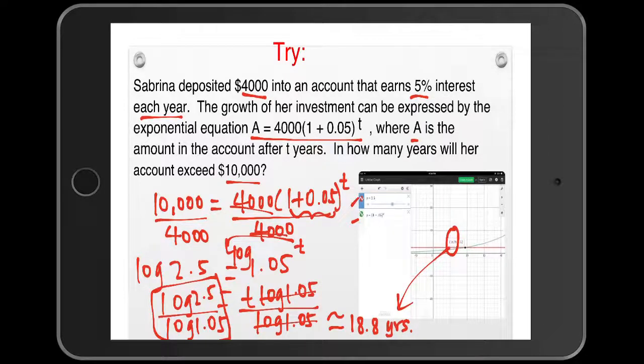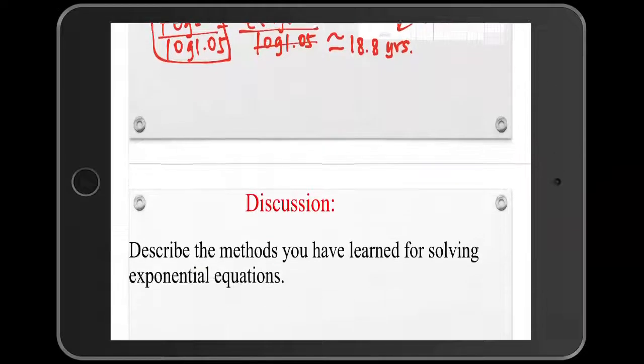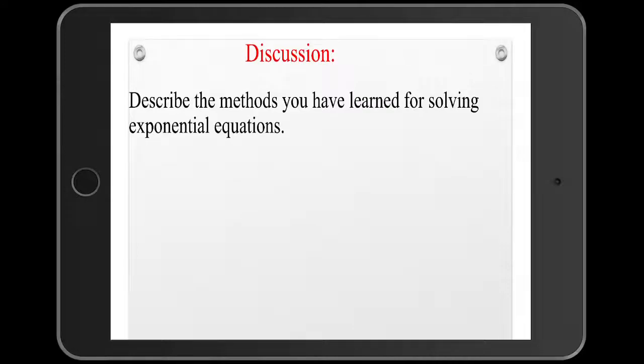So that is another way to solve it. And that's the end of the second problem. And let's take a look at the discussion problem. Describe the methods you have learned for solving exponential equations. And so we have actually learned to take logs